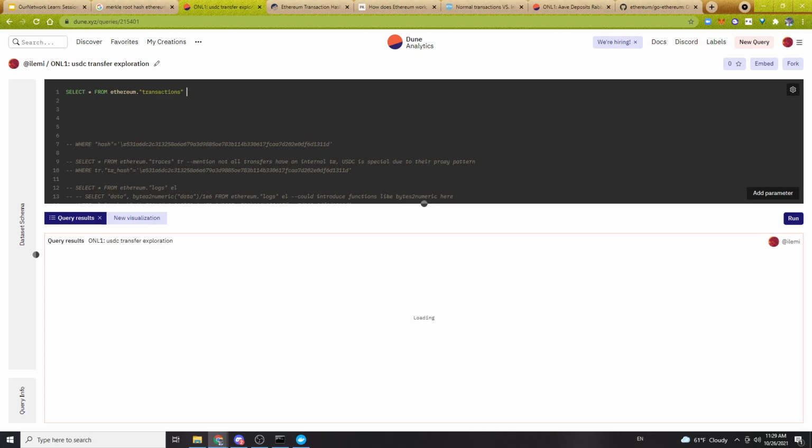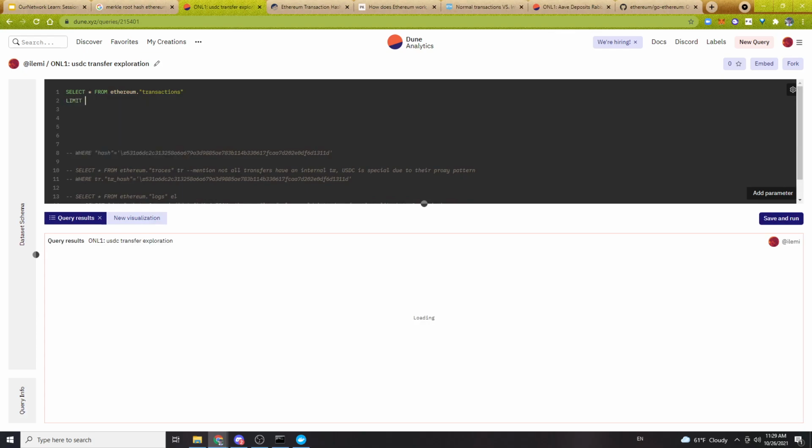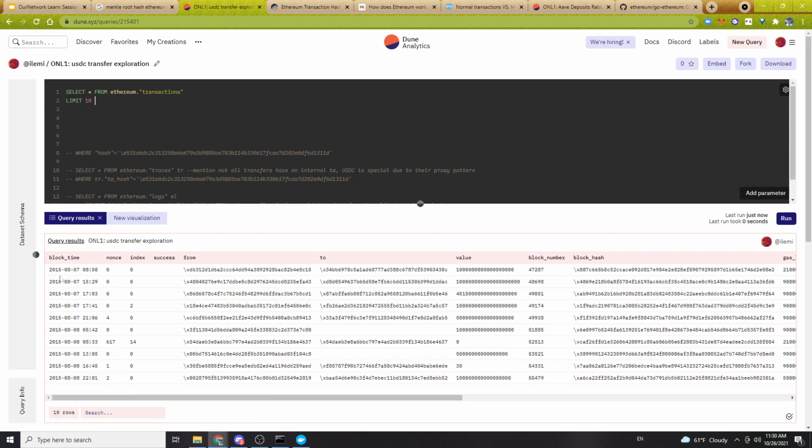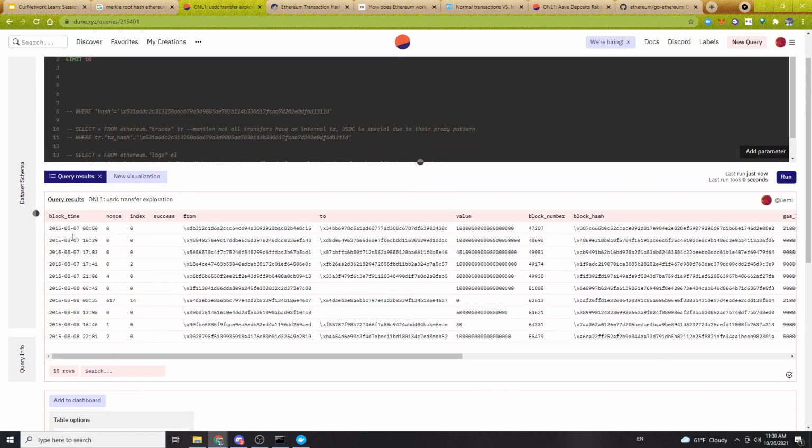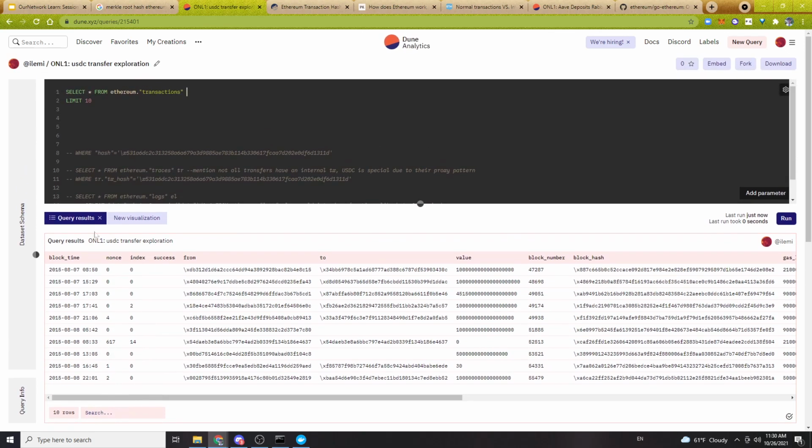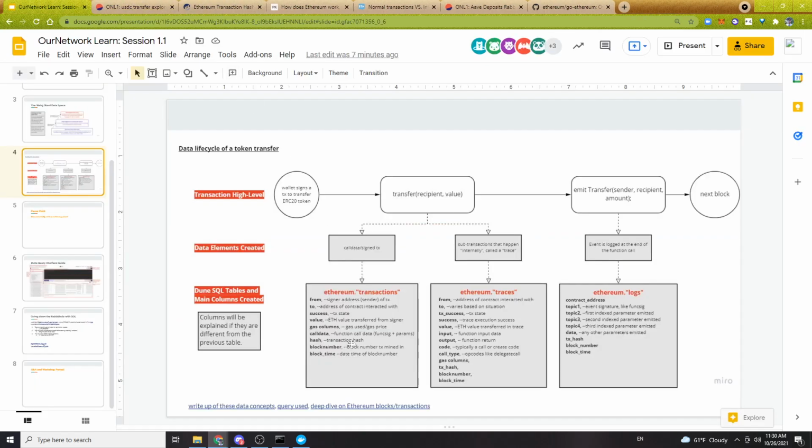And what I'm going to do is add something called a limit. You can think of a limit as kind of like a magnifying glass: how far down do I want to look? So I want to look at only the first 10 Ethereum transactions in this case. And you can see that loaded a lot faster, right? Because all I had to do is go to this table, take all the columns, and select only the first 10 rows. And you can see now that these columns are essentially the ones that I was showing here,